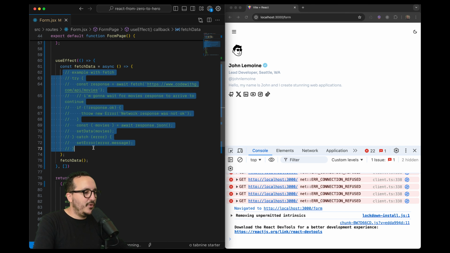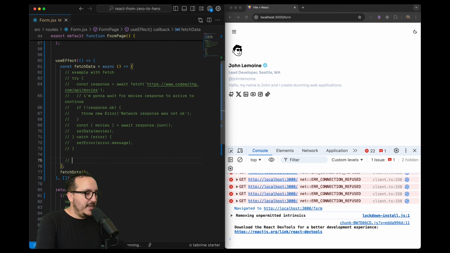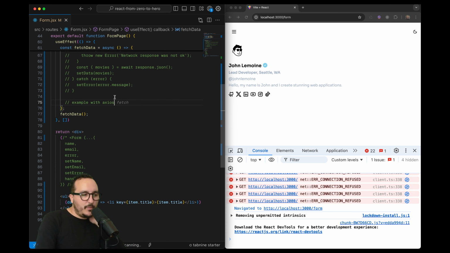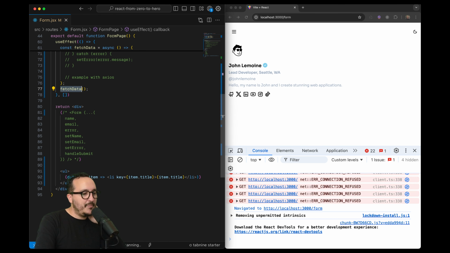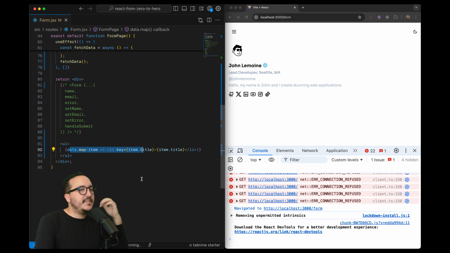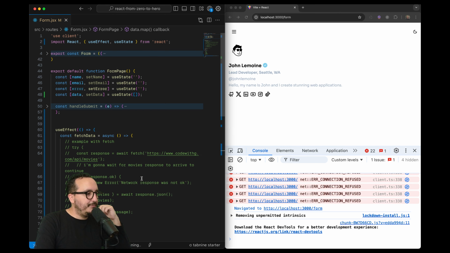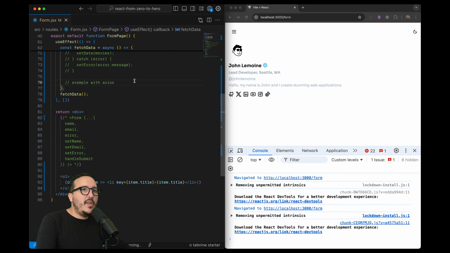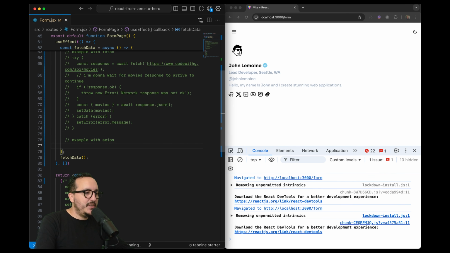I'm going to leave this example with fetch for you, and down there I'm going to create a new example with Axios. All right, so basically it's always the same. We're going to fetch data and we're going to render it directly inside our page just up here. Okay, so now we got Axios here. What we want to do is to import axios from axios. Okay, and with this Axios that we got there, we are going to get actually our